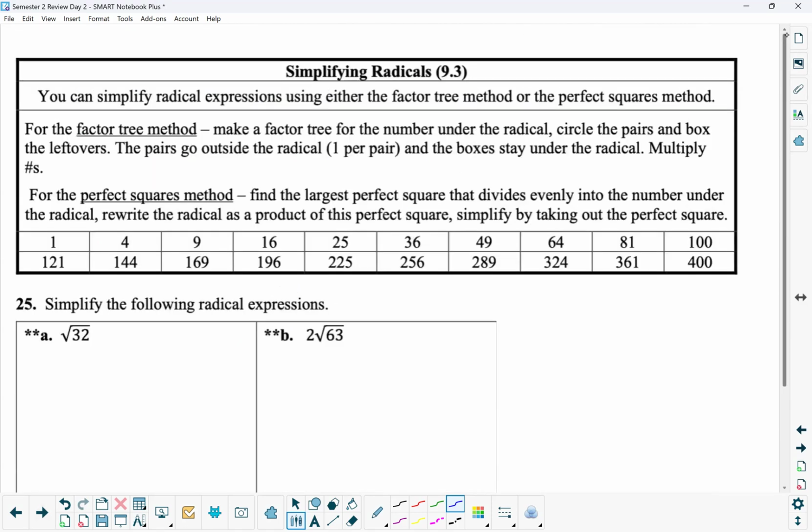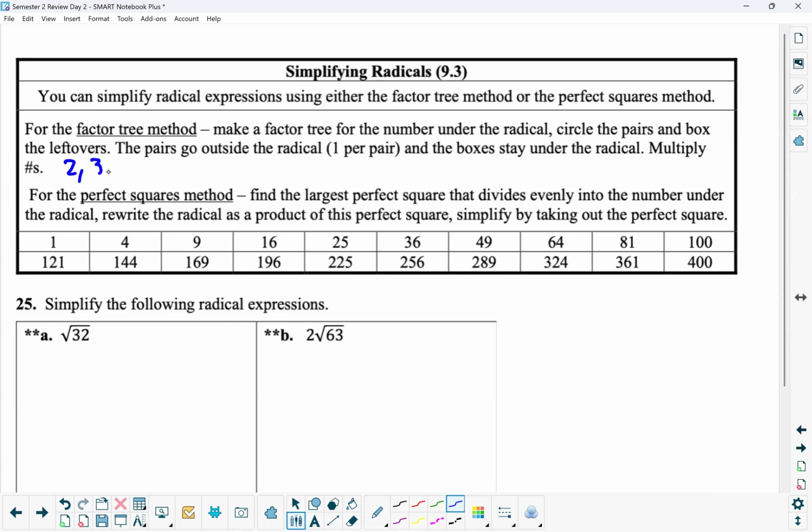The next unit, the next lesson was on simplifying radicals. So you can simplify radical expressions using either the factor tree method or the perfect square method. For the factor tree method, make a factor tree for the numbers under the radical, circle pairs, and box the leftovers. The pairs go outside the radical, one number per pair, and the boxes stay under the radical. Multiply the numbers together. The other thing with the factor tree method, the numbers you're going to use for your factor tree,